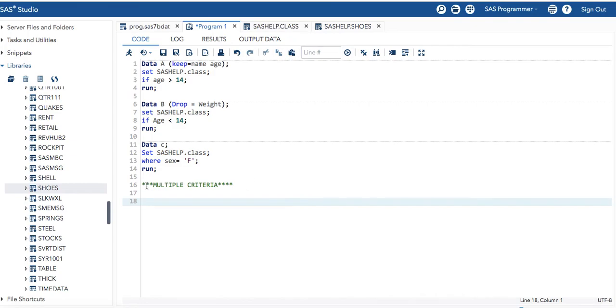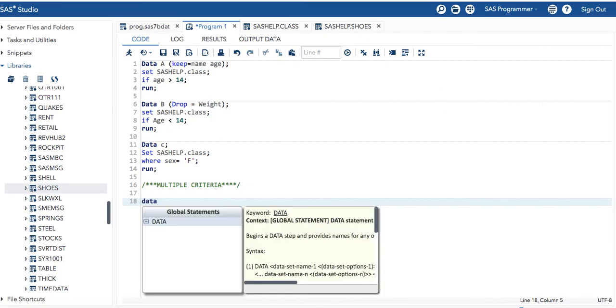Quickly, this is a method how we can put some comments in our program. So I am just putting some comments that would say multiple criteria. So let's start.